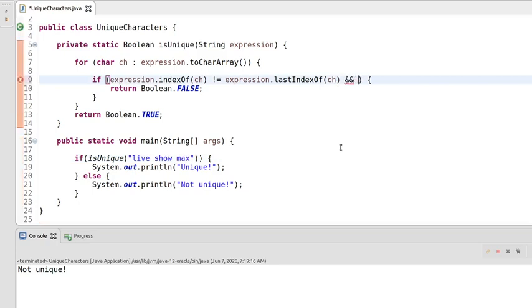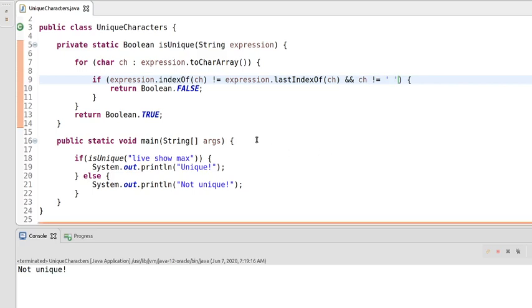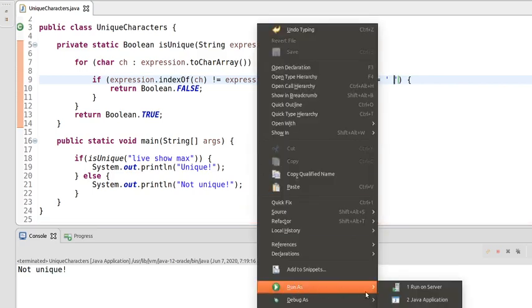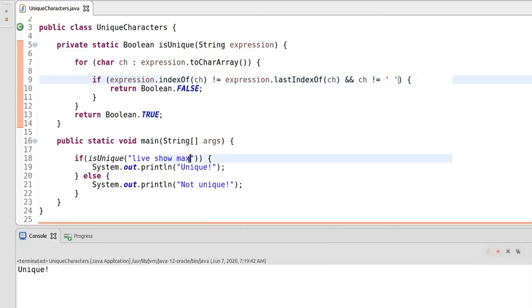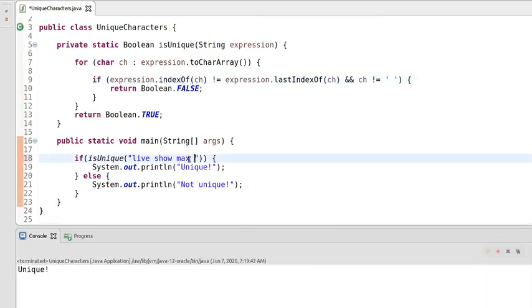We are saying ch is not equal to white space. So in this case, let's execute the program again. It's unique. Now you can pass any unique characters. Let's pass something longer than the existing string.